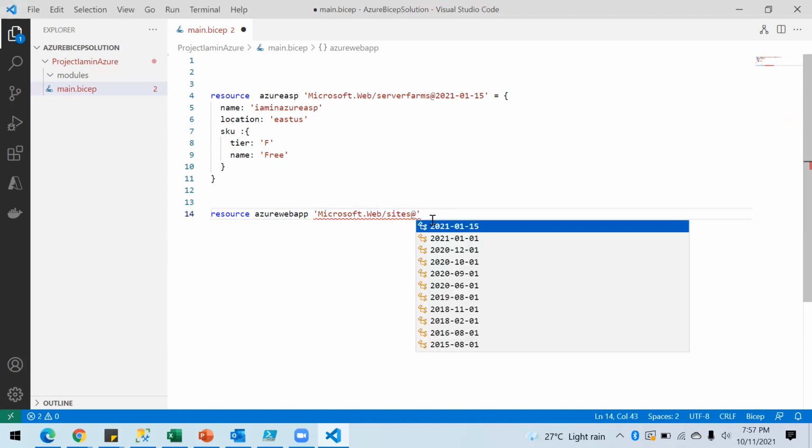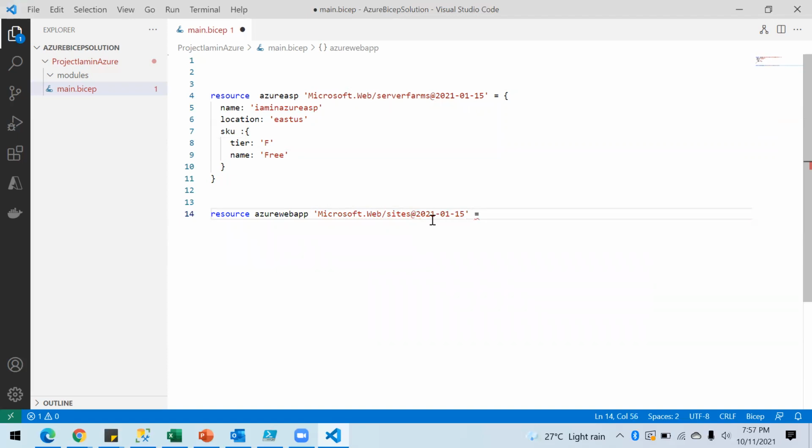Okay, so I'm going to choose the latest version. And when I put equal required parameters, again I have to provide the name here. So I'm going to give it as I am in Azure web app, and the location East US. I'm going to put it in a single quote. And the other thing I need is inside properties,